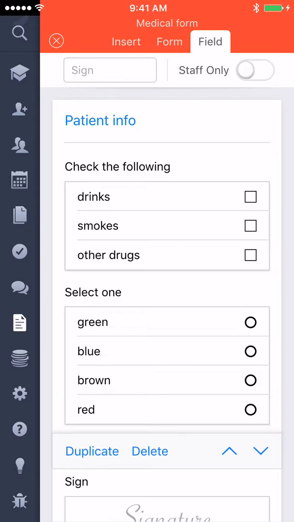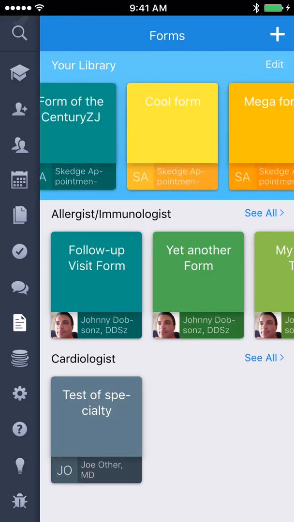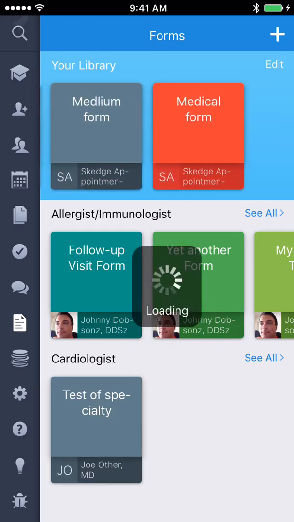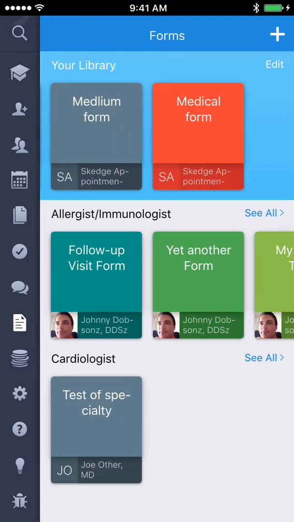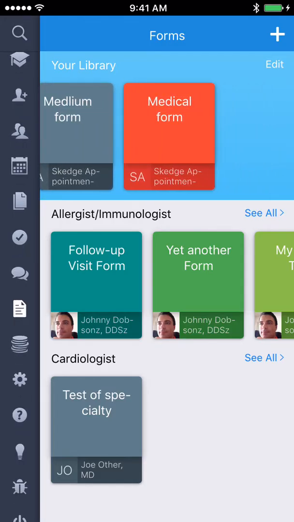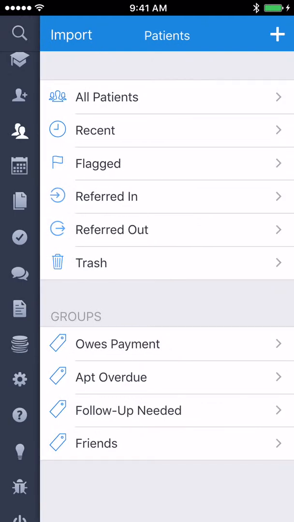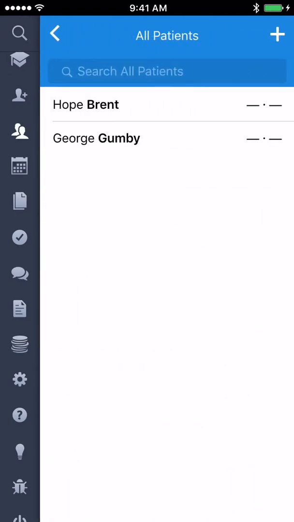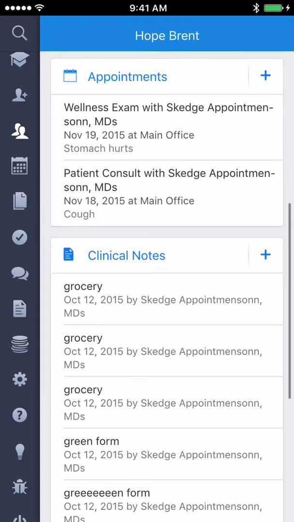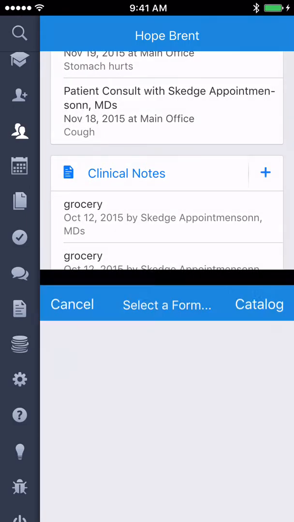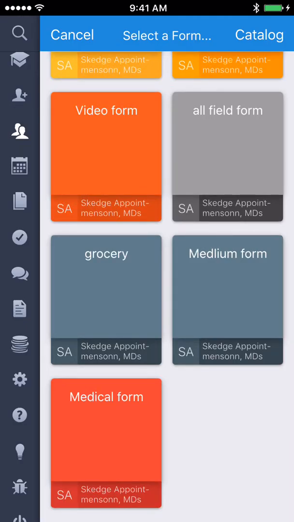And now if we close out of here and we go back to medical form, see it's all saved, and we go to the patient profile that we want to fill it out for, you can just go over to the patients tab, we'll select all patients and select Hope Brent, and go down to clinical notes, tap the plus button, open up the form that we want to edit,